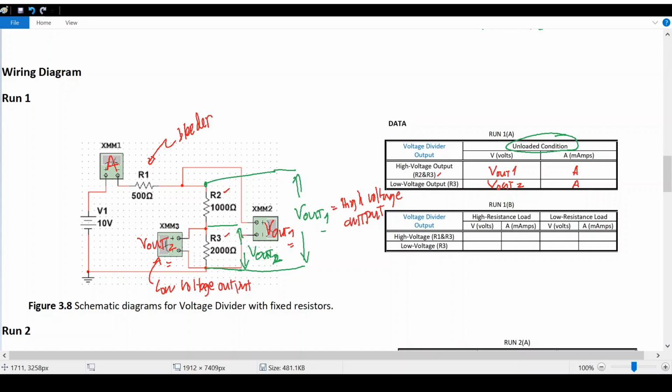And then stop the program. Then next is load a resistor for the high voltage output. For high voltage output, you will connect a resistor across R1 and R2,